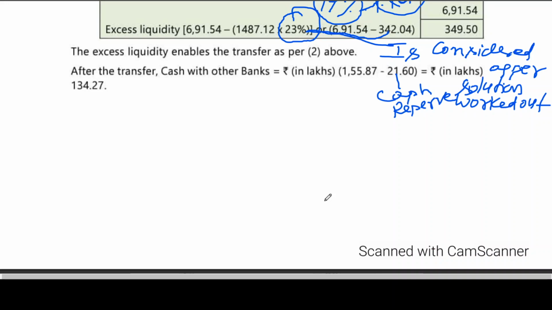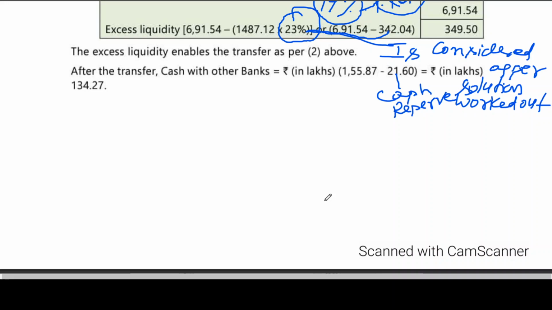As far as foreign exchange transactions are concerned, whatever you have learned in Group One, branch accounts, the same thing holds good. Monetary assets and liabilities have been translated at the exchange rate prevailing at the close of the year. Non-monetary assets have been carried in the books at historical cost. This we have already discussed, like fixed assets, etc. We have learned this in branch accounts. Income and expenditure items in respect of Indian branches have been translated at exchange rates on the date of transaction. In respect of foreign branches, at the exchange rate prevailing at the close of the year.